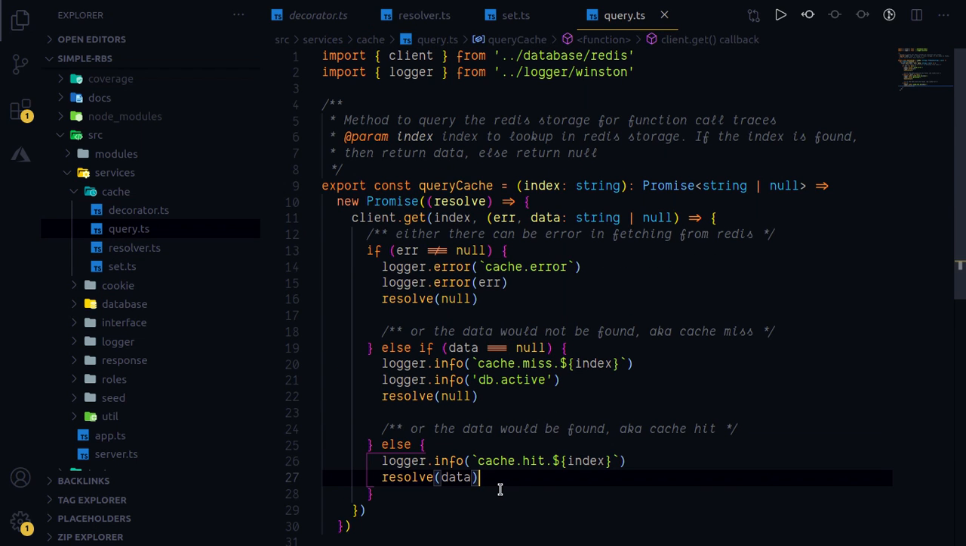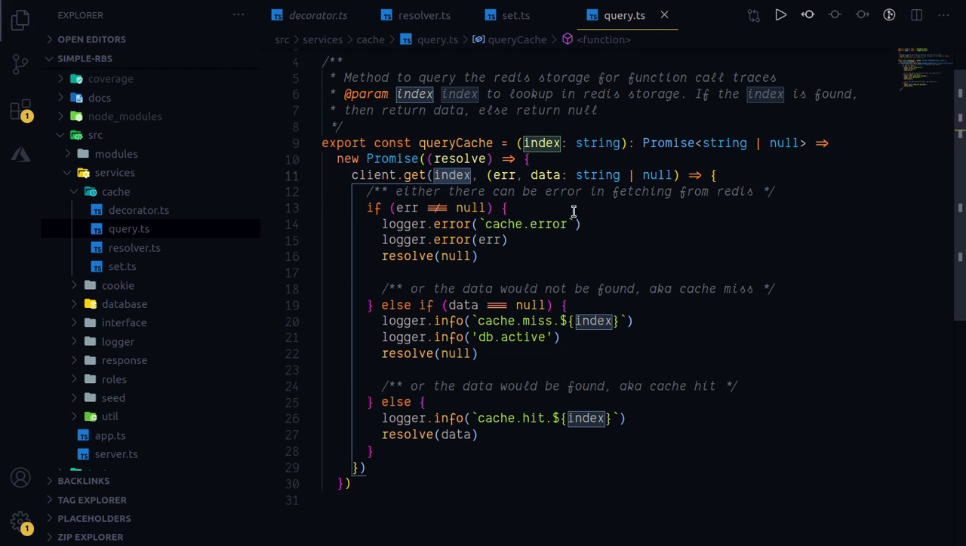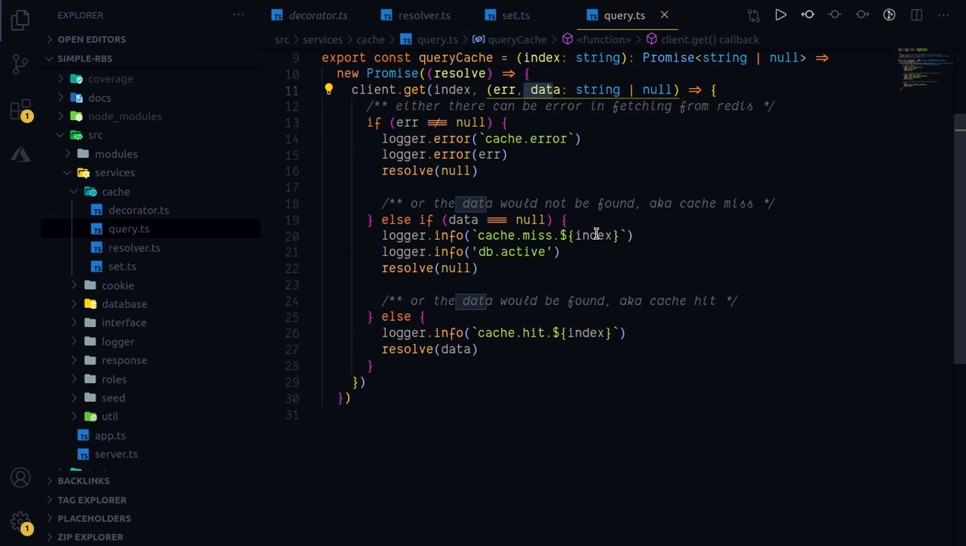So this function is just a utility function. It is used to make calls to the Redis client, which gives us a nice syntax. We can use async await and everything with that. All right. So it returns a promise of a string or a null. It calls the Redis client and tries to fetch an index. The response can be an error or a data object. If the error is not null, then we tell that it's an error, and we